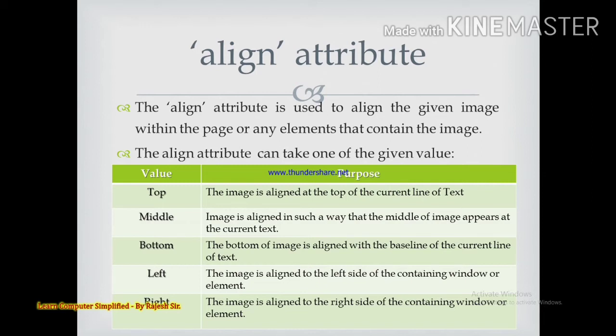Bottom means the bottom of the image is aligned with the baseline of the current line of the text. As I said, all the align values are effective only when we have any other content like text along with the image. Okay, those values you have to study.